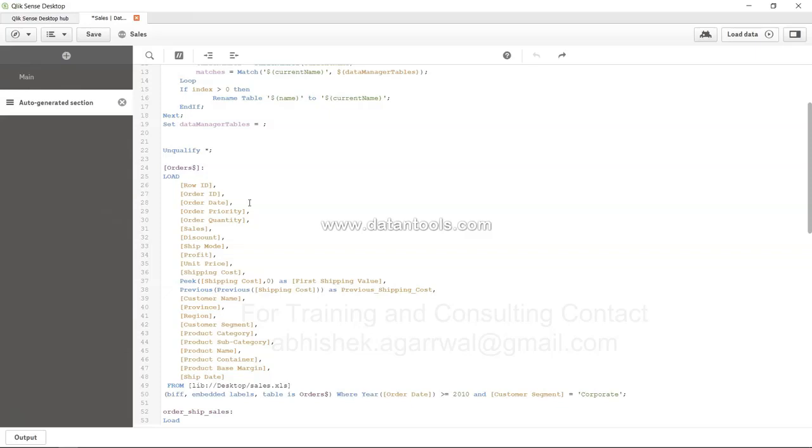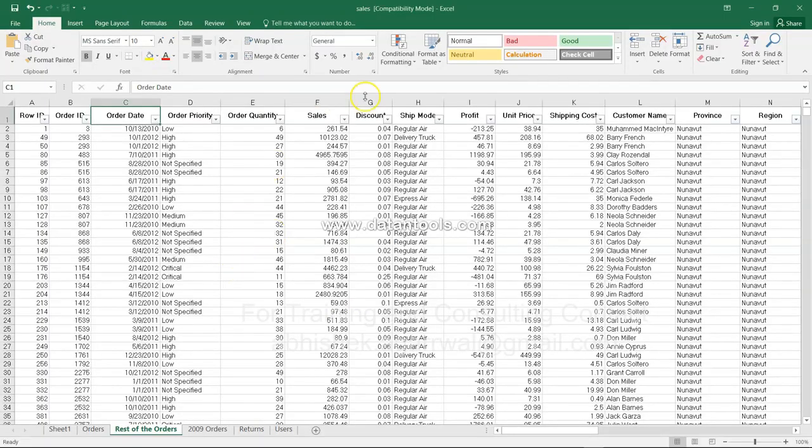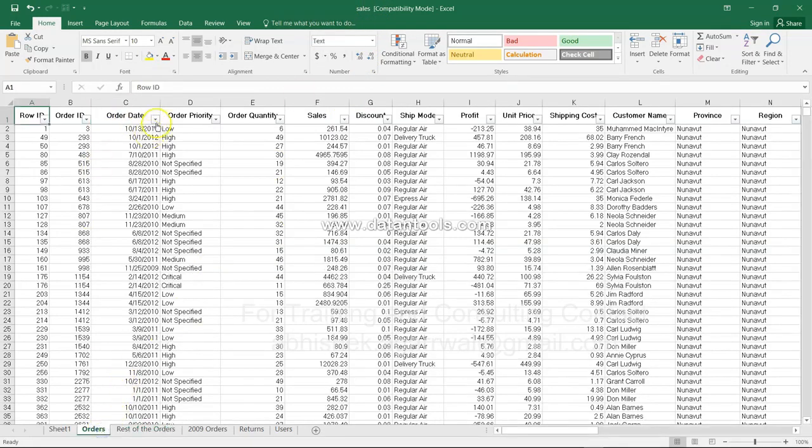So those kind of scenarios which I have seen, but the idea is that you want to basically not join but concatenate. That means append one table's data below to another table. So for that, what I have done is, let me go here in this sheet. Sales is the data which I have been using, and I provided the link in my earlier videos about this data. What it has is the 2009, 10,